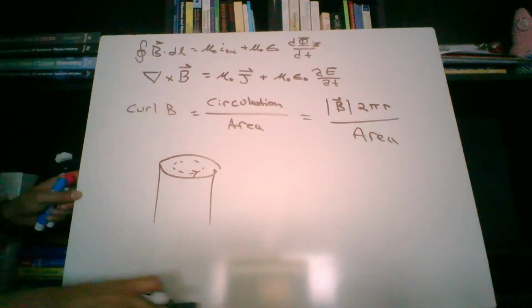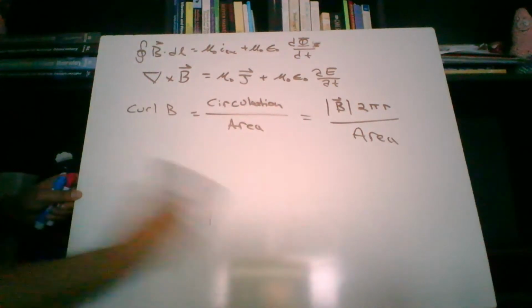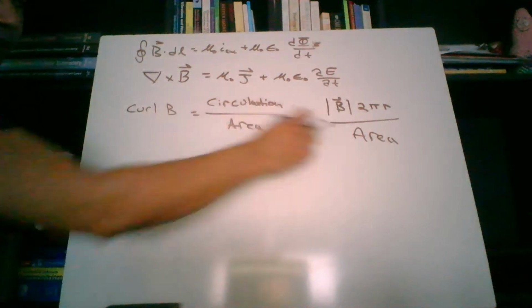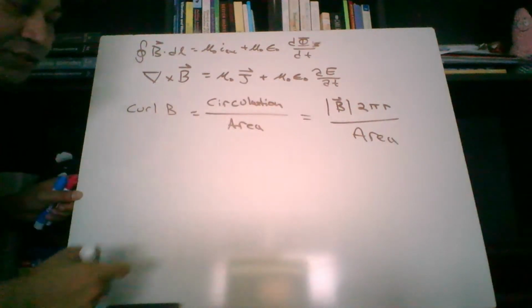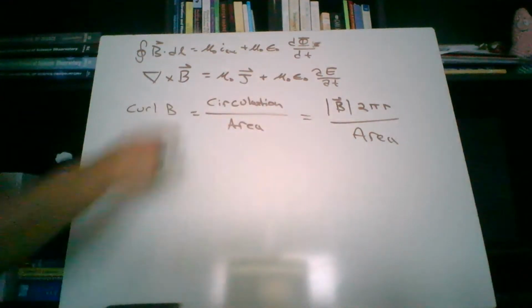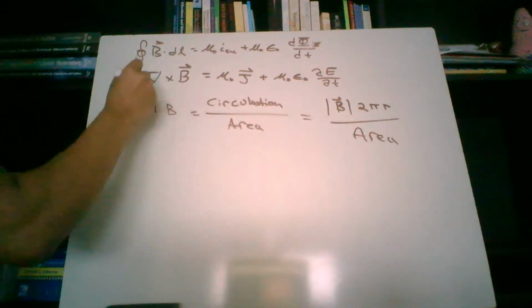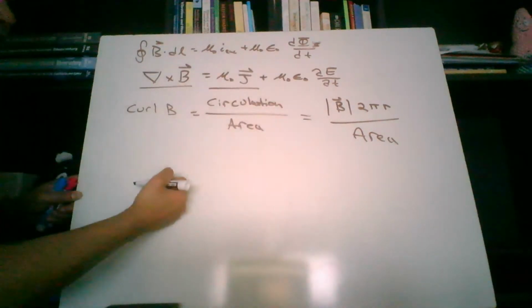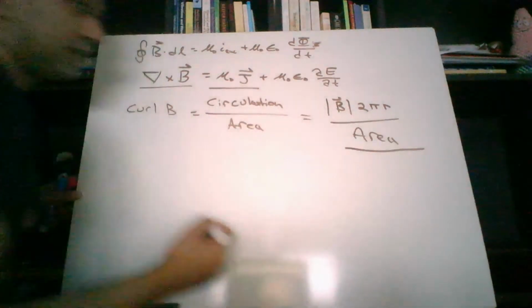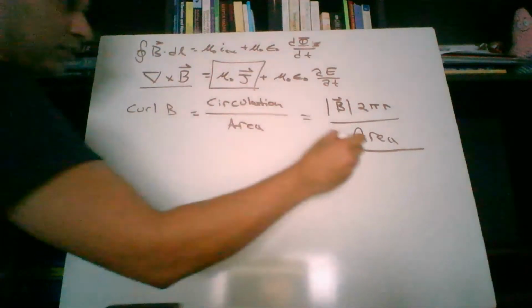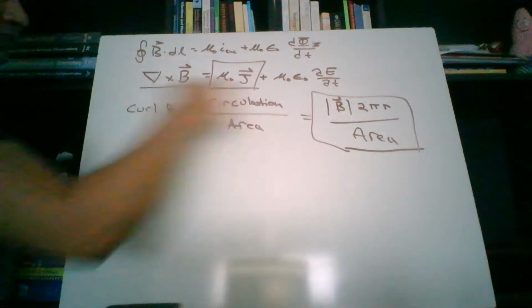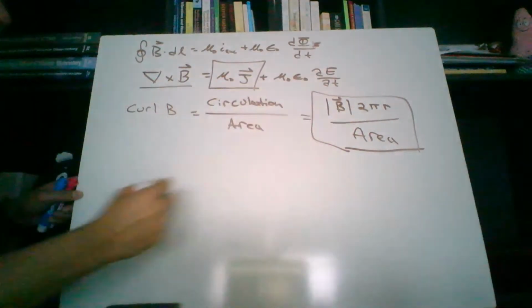This and this mean the same thing. Okay, so if that's what the curl of B means, it means the circulation divided by the area. Let's actually see if the equation works out. So the circulation over this, so we have this thing is equal to this, which is equal to this. So these two have to be equal. If this is equal to that, and this is equal to that, then this and this have to be equal,